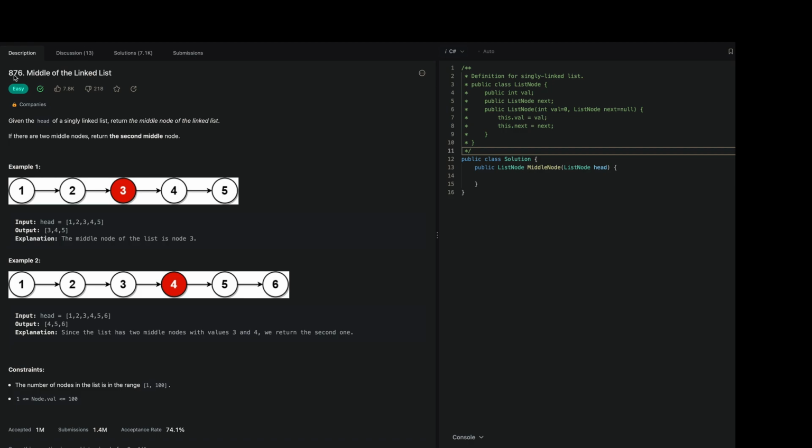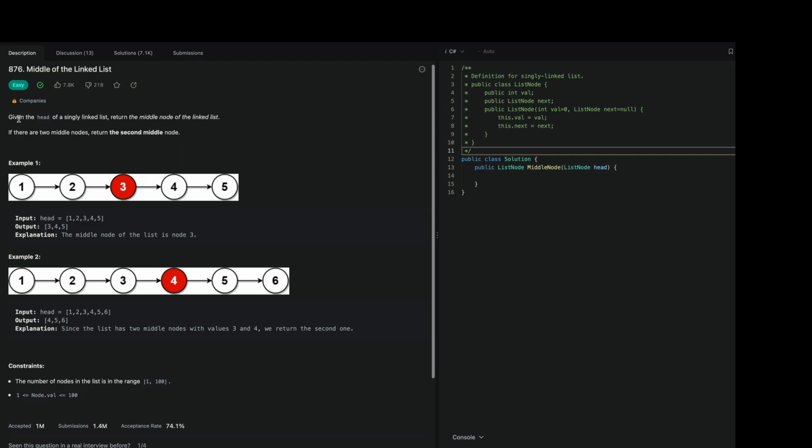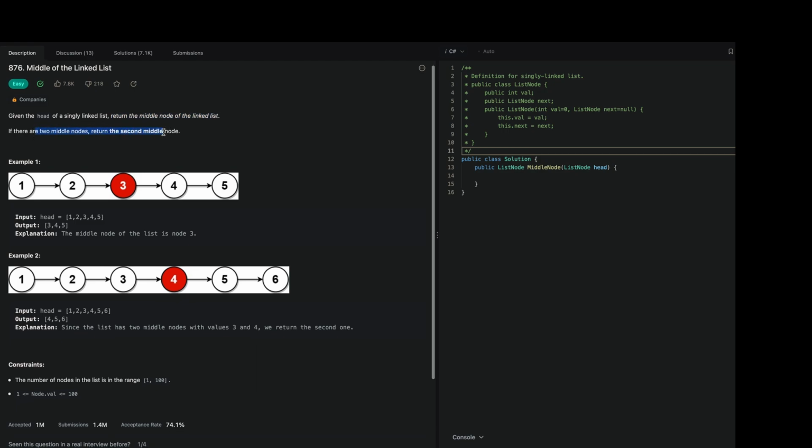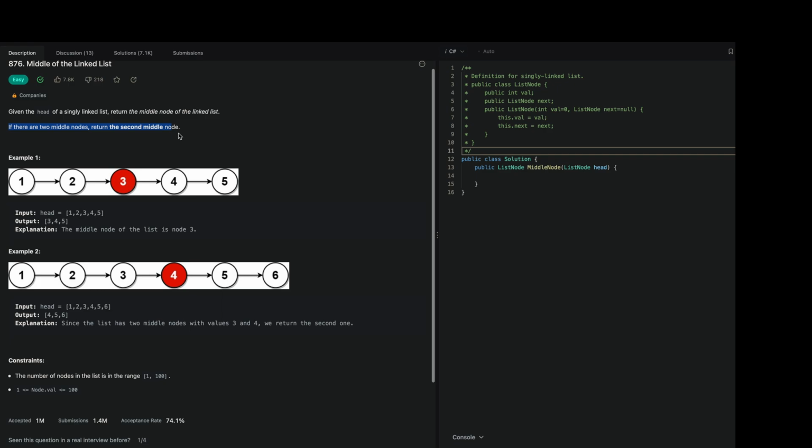We will be solving the problem 876, Middle of the Linked List. The problem statement is, given the head of a singly linked list, return the middle node of the linked list. If there are two middle nodes, we will be returning the second middle node. This is an easy problem and it should not take too much time to understand the problem and then come